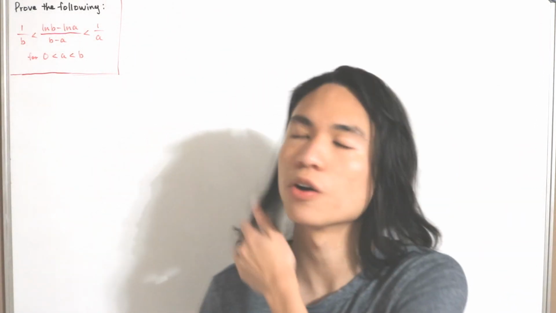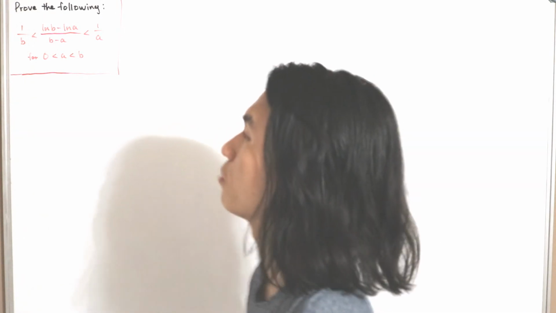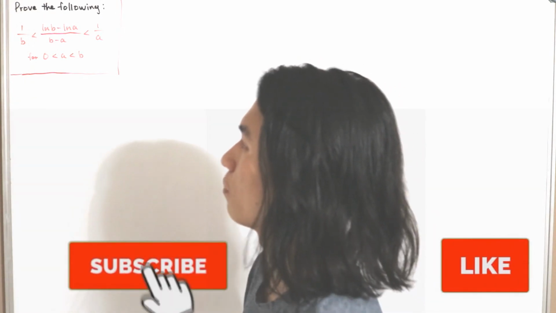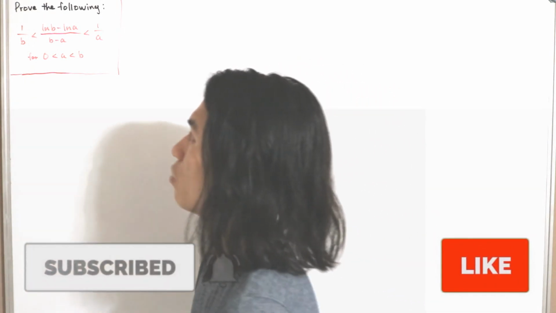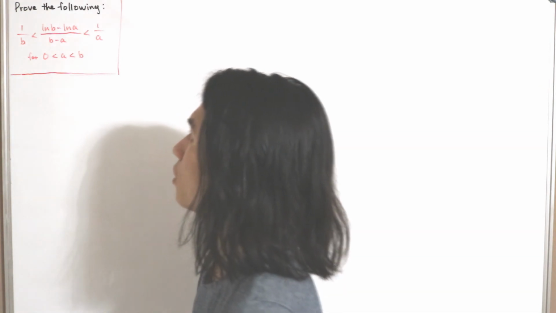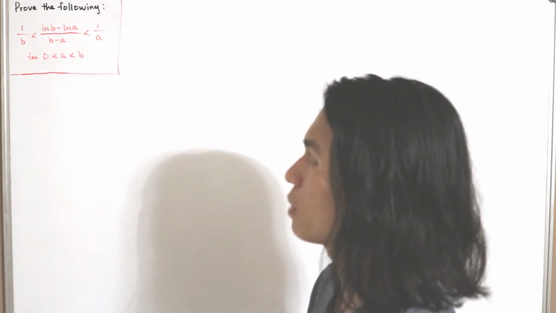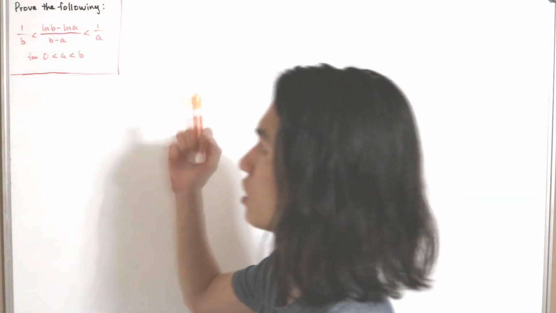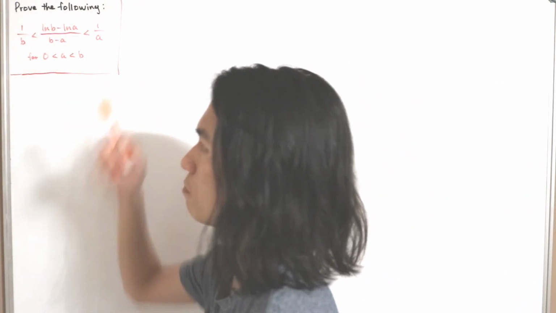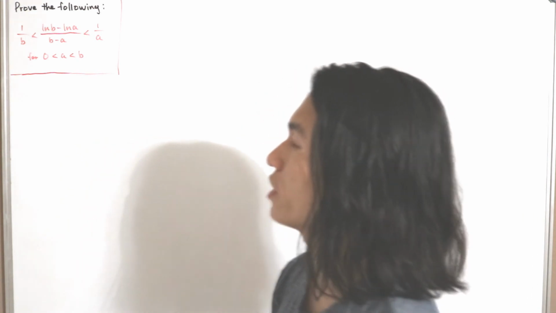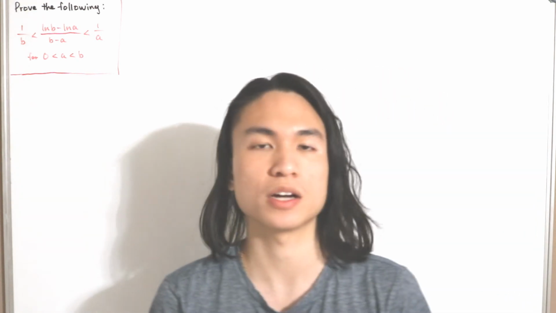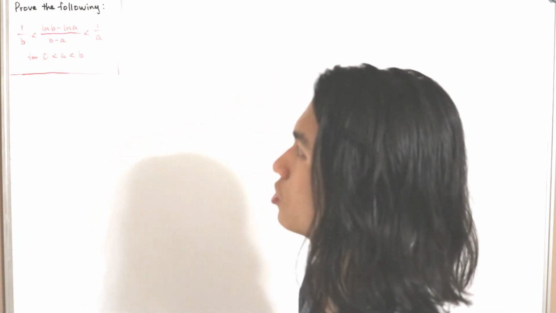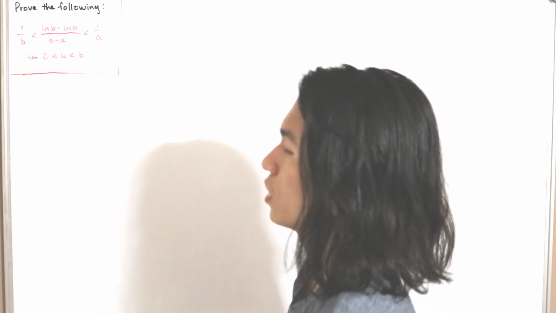In today's video we have a little proof that we want to show. We have the inequality 1 over b is less than ln of b minus ln of a, divided by b minus a, is less than 1 over a, such that 0 is less than a is less than b. This inequality actually has a name. It is known as Napier's inequality, named after the mathematician John Napier, who motivated this whole idea about the natural